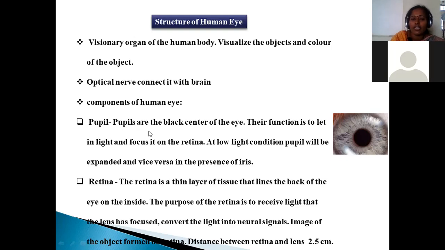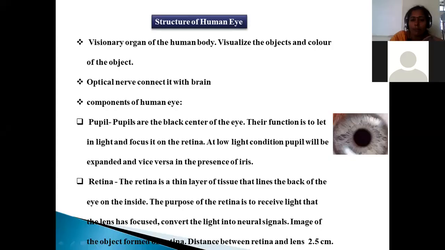Okay. The different parts present in the human eye, first, the pupil. The pupil is present here, clearly marked, a black-colored, small ball-type shape, which is called the pupil. If light is in close proximity, the pupil will be compressed. If it is at a longer distance, the pupil will be expanded. In this manner, the pupil expands and compresses based on the distance between the object and our eye, and even on the intensity of the light.